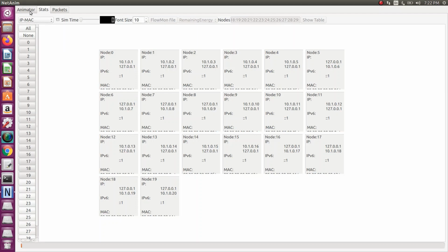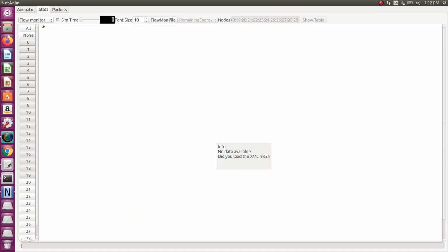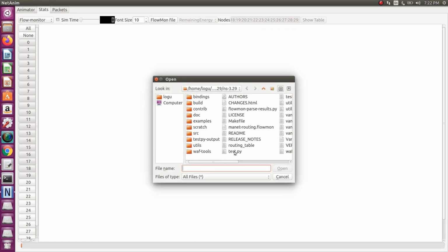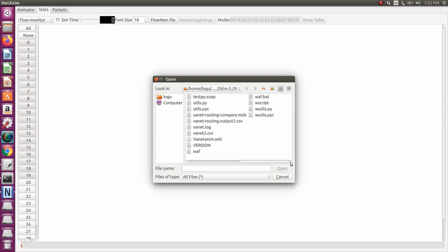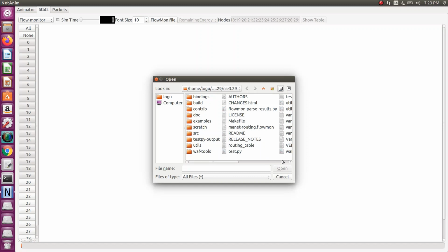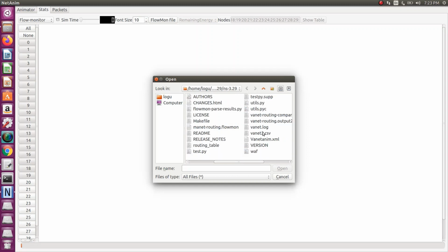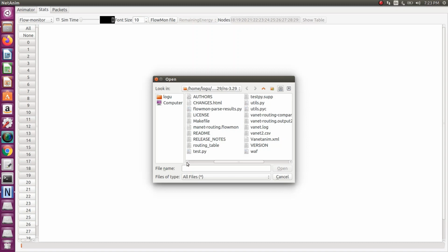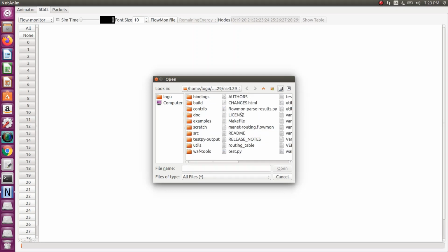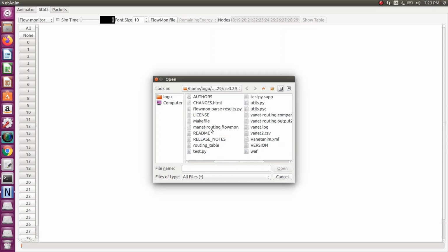First go to statistics, then click flow monitor, then open the Flowmon file. So this is our Flowmon file.